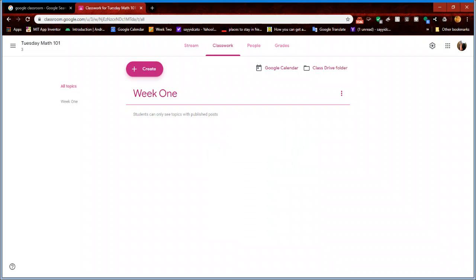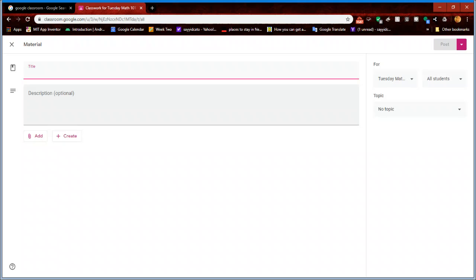And of course, within week one, I would now need to create the different elements, right? So I could create lecture notes for students. The way in which I would do that is I would click on create once more, and material is what I'm looking for here. The material option allows me to simply insert some material, and I decide what that material is. So I'm going to call this week one lecture notes,